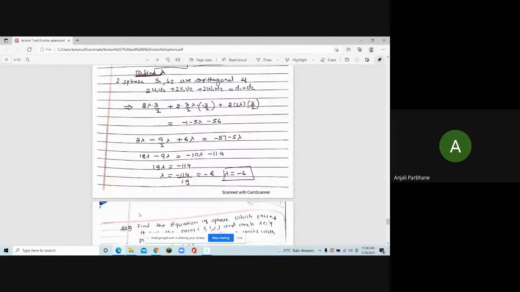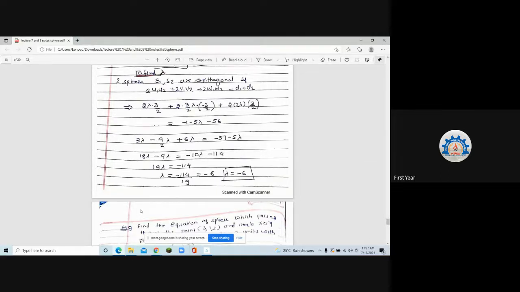Yes, ma'am. Okay. So let's just revise quickly what are the things that we did. The last few topics I'm going to repeat. Intersection of a sphere and a plane is a circle through which a new sphere will be passed, and that is called s plus lambda equal to 0. Intersection of two spheres is again a circle. Sphere passing through this circle is given by s1 plus lambda s2 is equal to 0. If lambda is not given, then you find a plane which is called a radical plane, s1 minus s2.